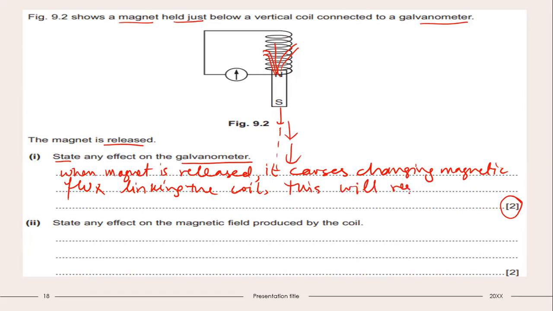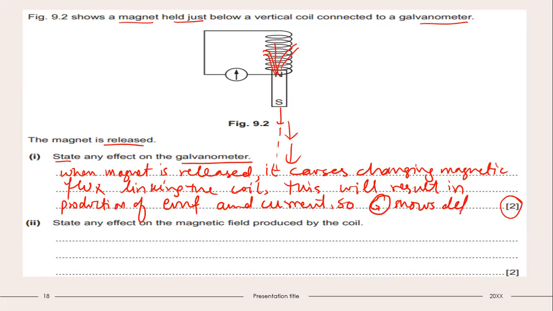This will result in production of EMF and current. So the galvanometer shows deflection in one direction. Since the magnet is moving only in one direction, the galvanometer will show a continuous deflection